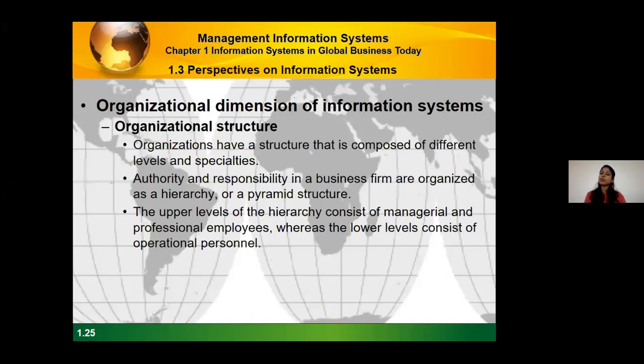Organizations have a structure that is composed of different levels and specialties. If we take the structure of the organization, it represents a structure with different levels, right? And these different levels represent people with different specialties. Authority and responsibility in a business firm are organized in a hierarchy or a pyramid structure, right? Now, in this organization structure, we can observe the authority and responsibility. The authority is the power to give orders, right? The supervisors have power to give orders for their subordinates, for their lower level workers. That is authority. Then the responsibility is, once this work is assigned to them, these lower level workers,